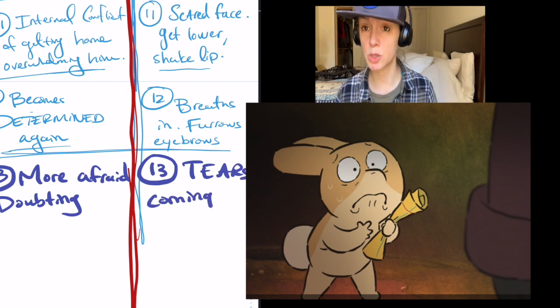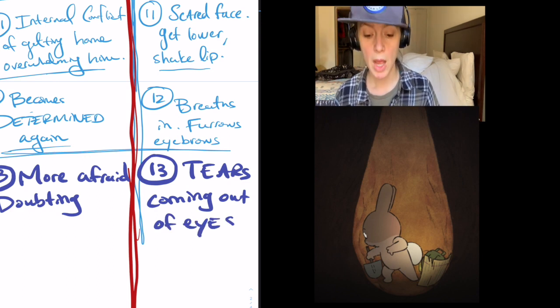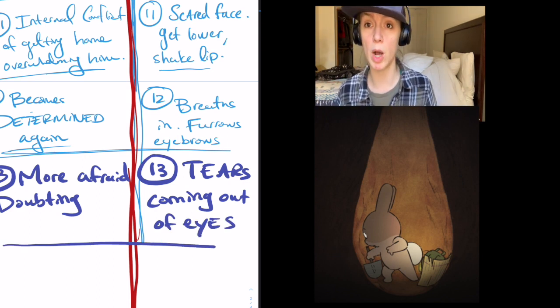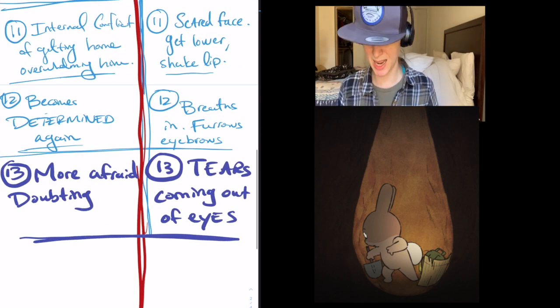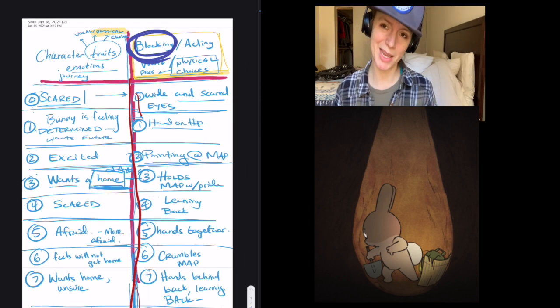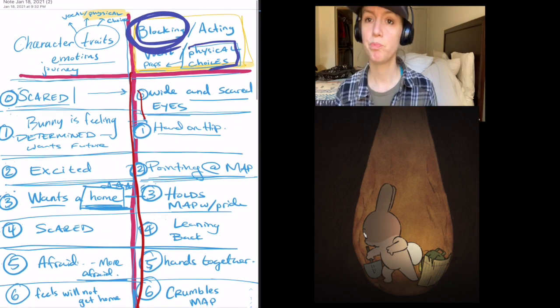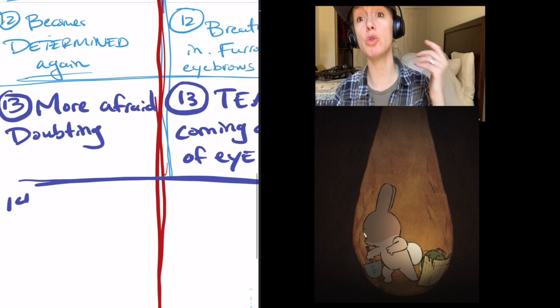Next. Okay, so something happens and he decides, I'm going to get over my fear and I'm going to continue to fight for what he wants. So it's a choice. He stands up. You can see he's standing up straight. He's got a plan. We believe that he can get it done. But then something happens, and I'm not showing it. He creates this problem, and there's this huge flood.